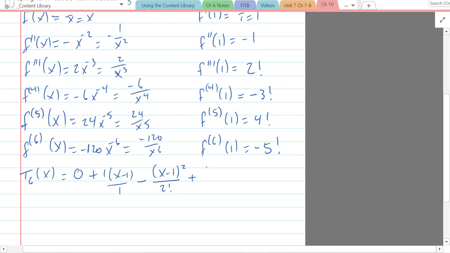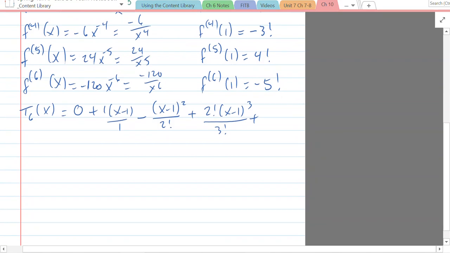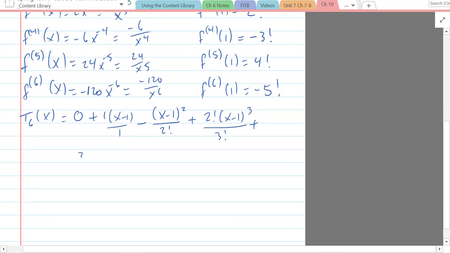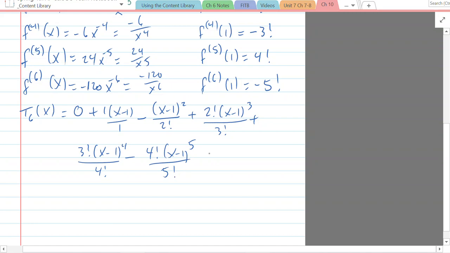And then we've got 2 factorial times x minus 1 to the 3rd power over 3 factorial plus, actually I'm just going to go down here, plus 3 factorial times x minus 1 to the 4th power over 4 factorial minus, this is 4 factorial times x minus 1 to the 5th over 5 factorial plus,